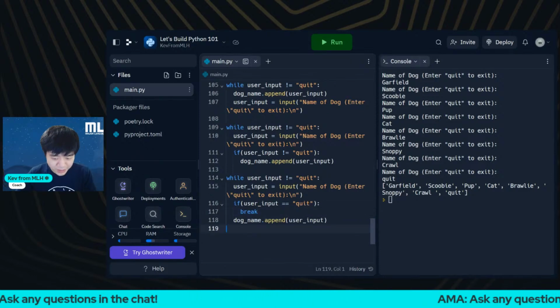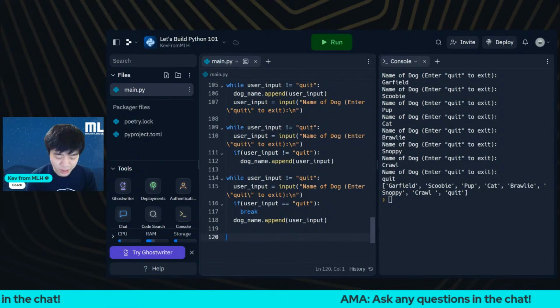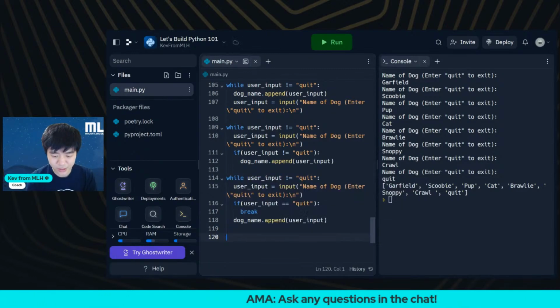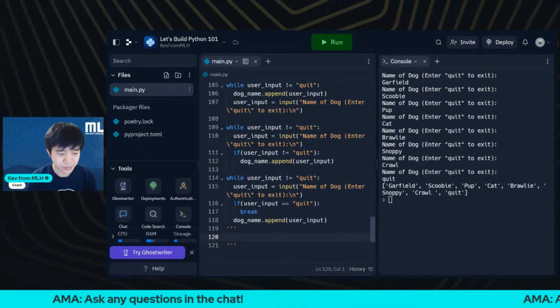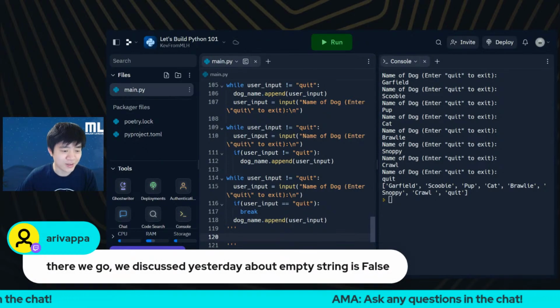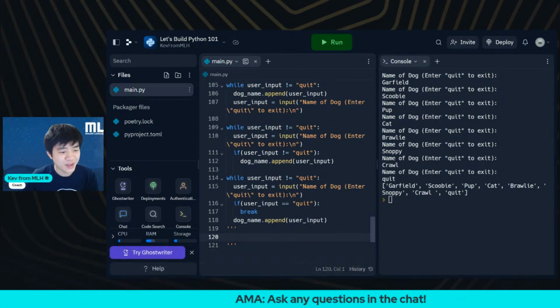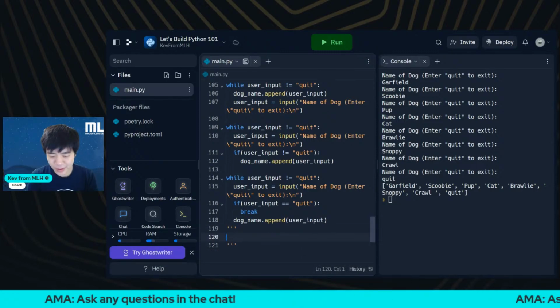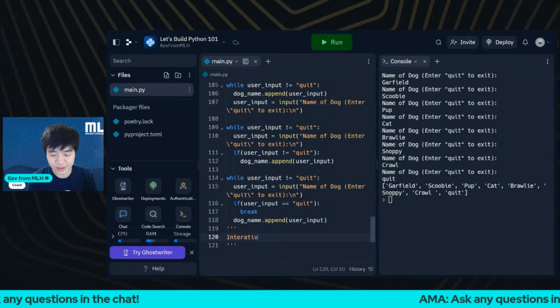And what break does is, there's a few iterative, let me do a comment. There we go. We discussed yesterday that empty string is false. Yes, that is 100% true. But yeah, so iteratively, oops, I was doing this. So in iterative,